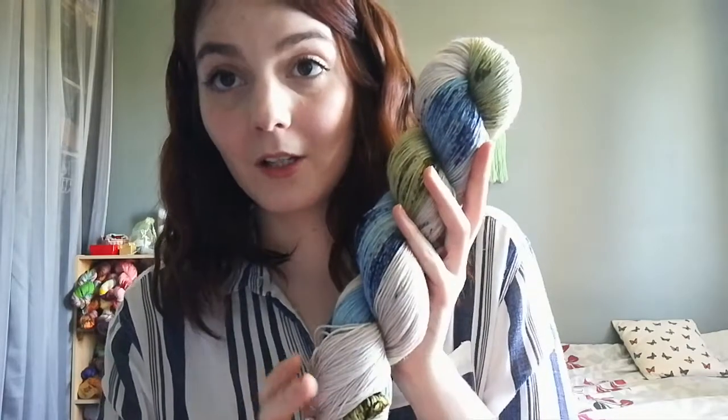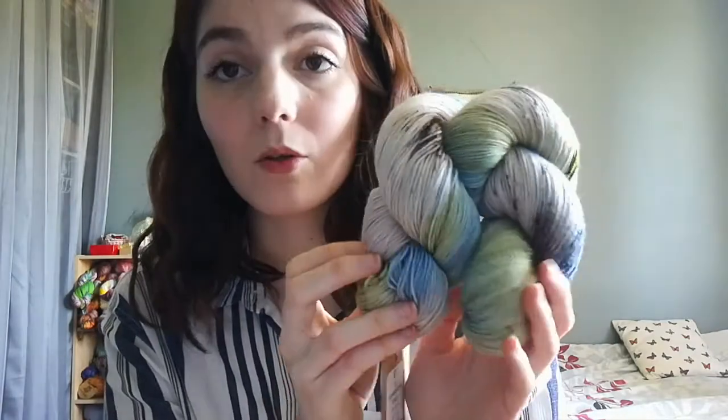What else? I showed you last time. This is a colorway from Knit Cosmic Strings Sock Club. Oh god, Sock Club. This is Nest. I think it's my favorite skein of the Sock Club that just finished. It's absolutely gorgeous, and I'm going to make Hermione's socks out of it. I've always wanted to make the Hermione socks, like I think everybody has knitted them, but yeah, I've done vanilla socks, I've done weird purl socks, I've done lace socks, and I still have to try other types of pattern stitch. So this is going to be Hermione socks, and this